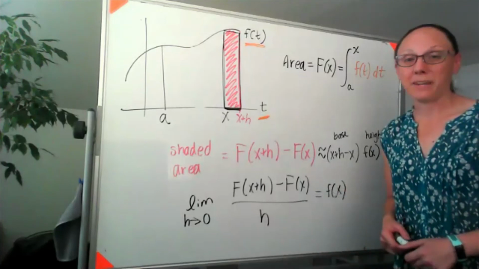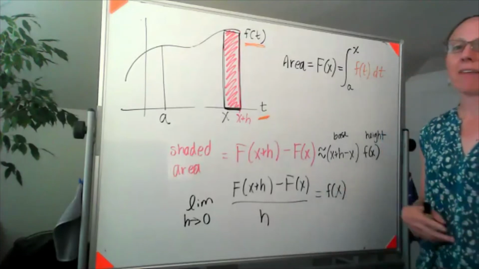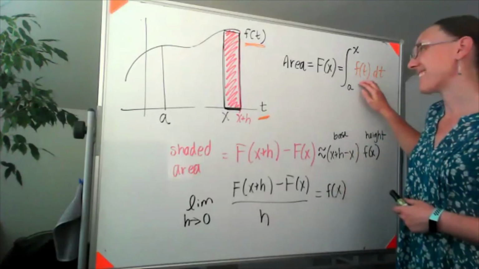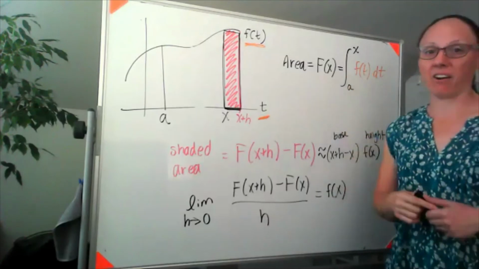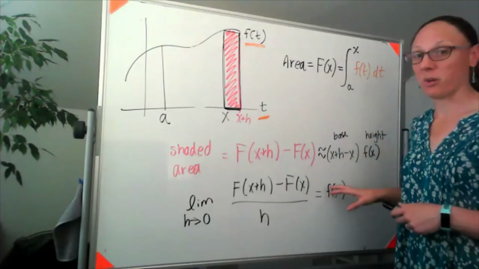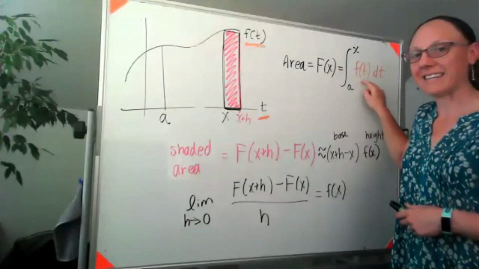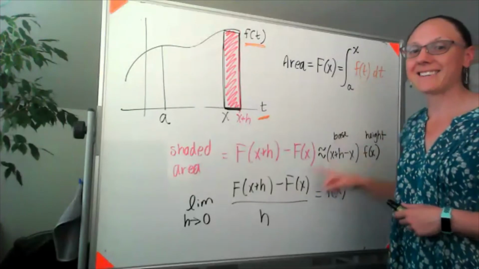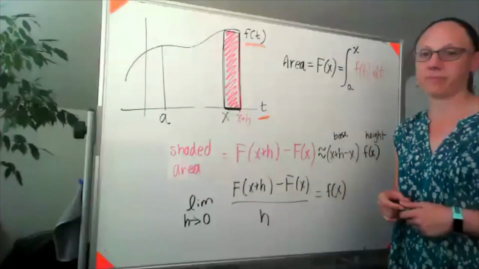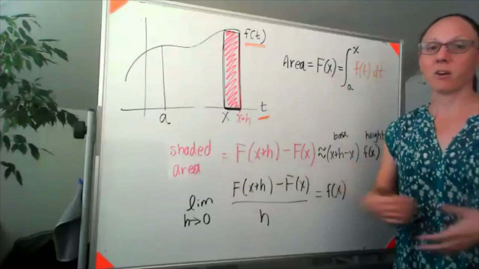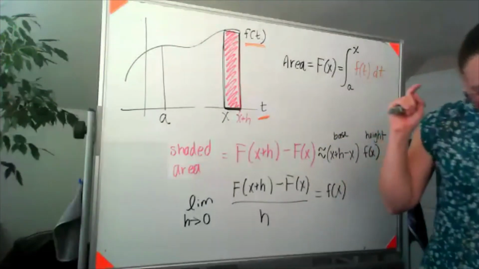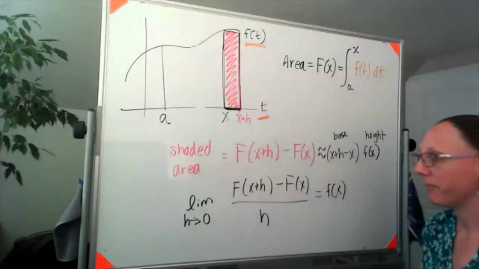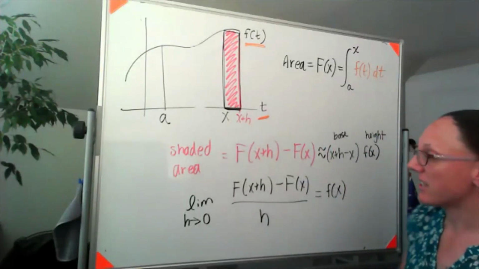What the heck does that mean? That means that we have a relationship between the thing that's inside and the area. And that relationship is whatever is inside of our integrand, whatever function is in here, it's somebody's derivative. So the fundamental theorem of calculus says, instead of doing all that Riemann sum stuff, if I wanted to calculate,